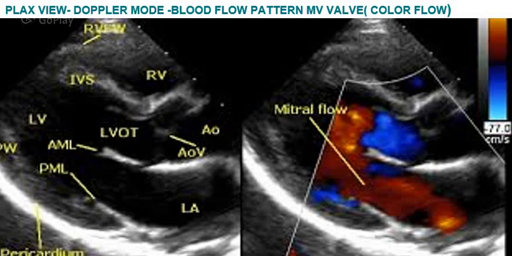The most important point here is that we usually don't see the ventricular apex in the parasternal long axis view, because to see the apex, the apical views are the best. So to conclude, in the subsequent videos we will be discussing the different pathologies which can be detected through the parasternal long axis view. Thank you.